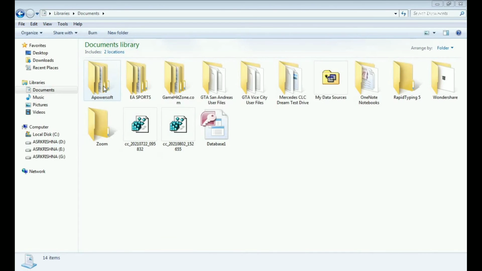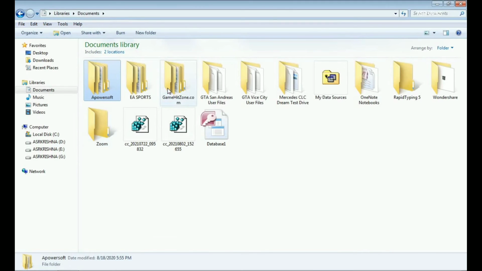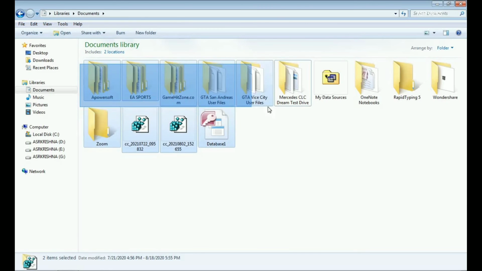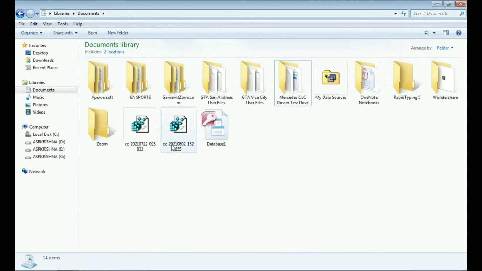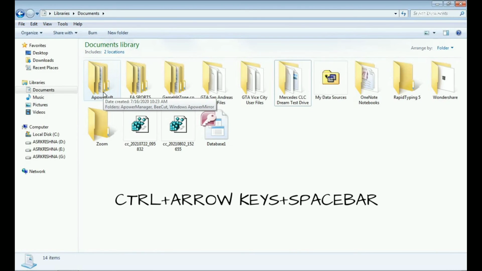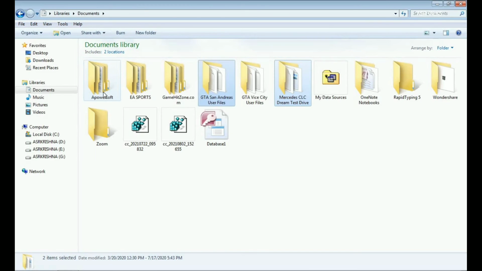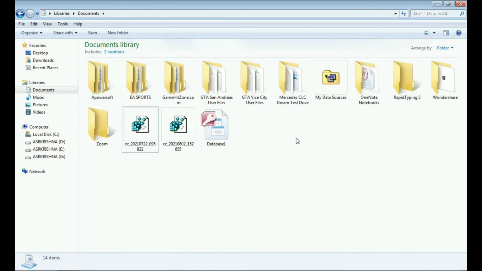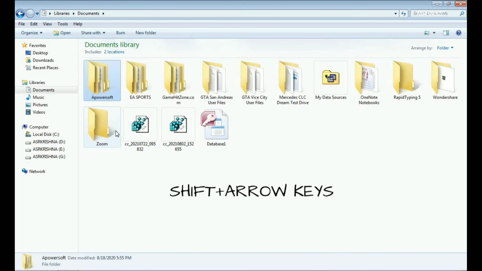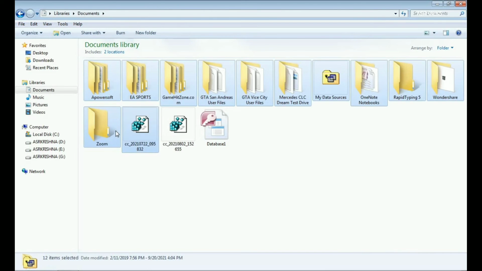Generally, we select multiple files using Control and mouse click. Like, on holding Control, we click the mouse at the item required. Or we use the drag function for selecting multiple items. Instead of doing this, you can select multiple files using a keyboard shortcut: Ctrl+arrow key+spacebar. On holding Control and using the arrow keys for navigation and pressing the spacebar at the time of selection, you can select multiple files like it appears on the screen. And for dragging multiple items, you can make use of Shift+arrow keys like it is visible on the screen.